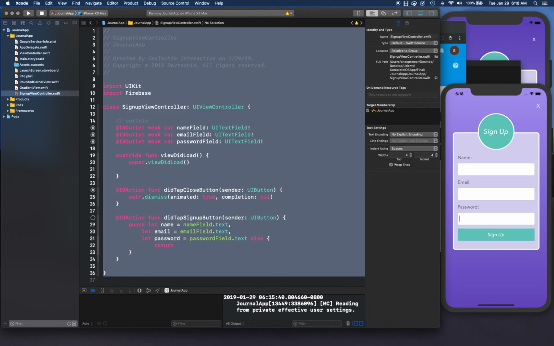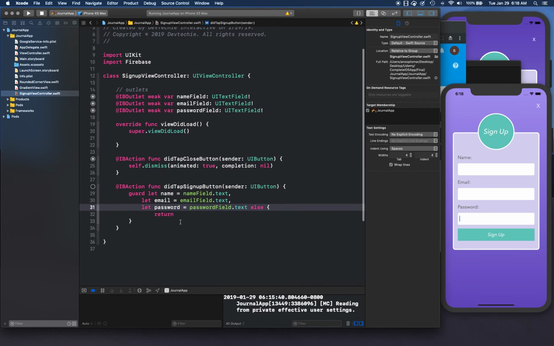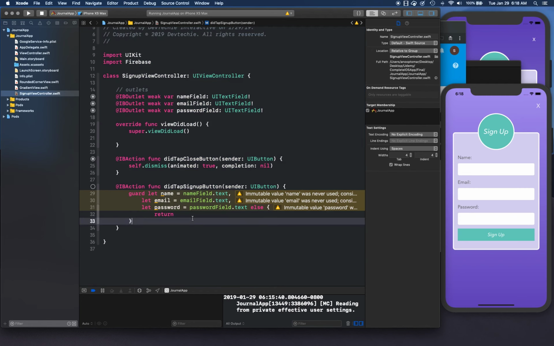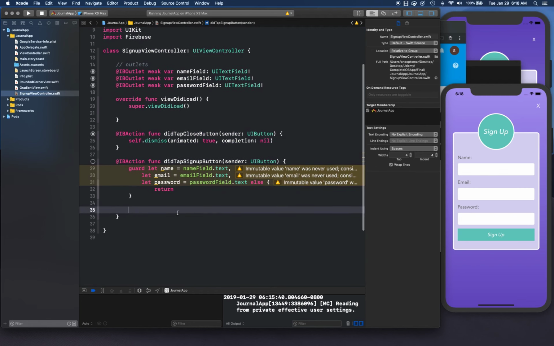Let me format this. Okay, the shortcut for format, in case you're wondering, is Command A to select everything, and then press Control I to format your document. Okay, so once we have unwrapped these, we're simply going to try to print it first. So we're going to say name is name,